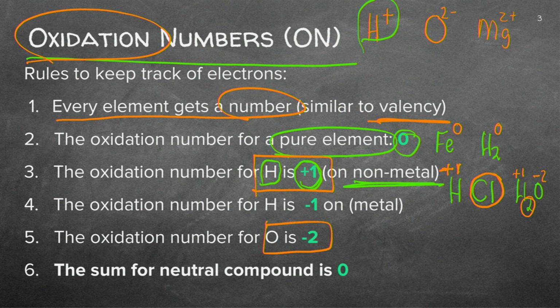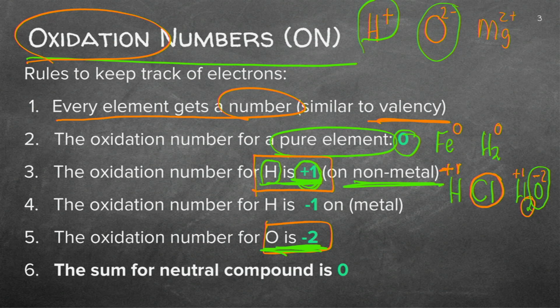Now remember, oxygen is in the 6th group. We've already said that, and you've actually used that quite a lot. I applied that same rule here. So I've got hydrogen +1 and I've got oxygen -2.